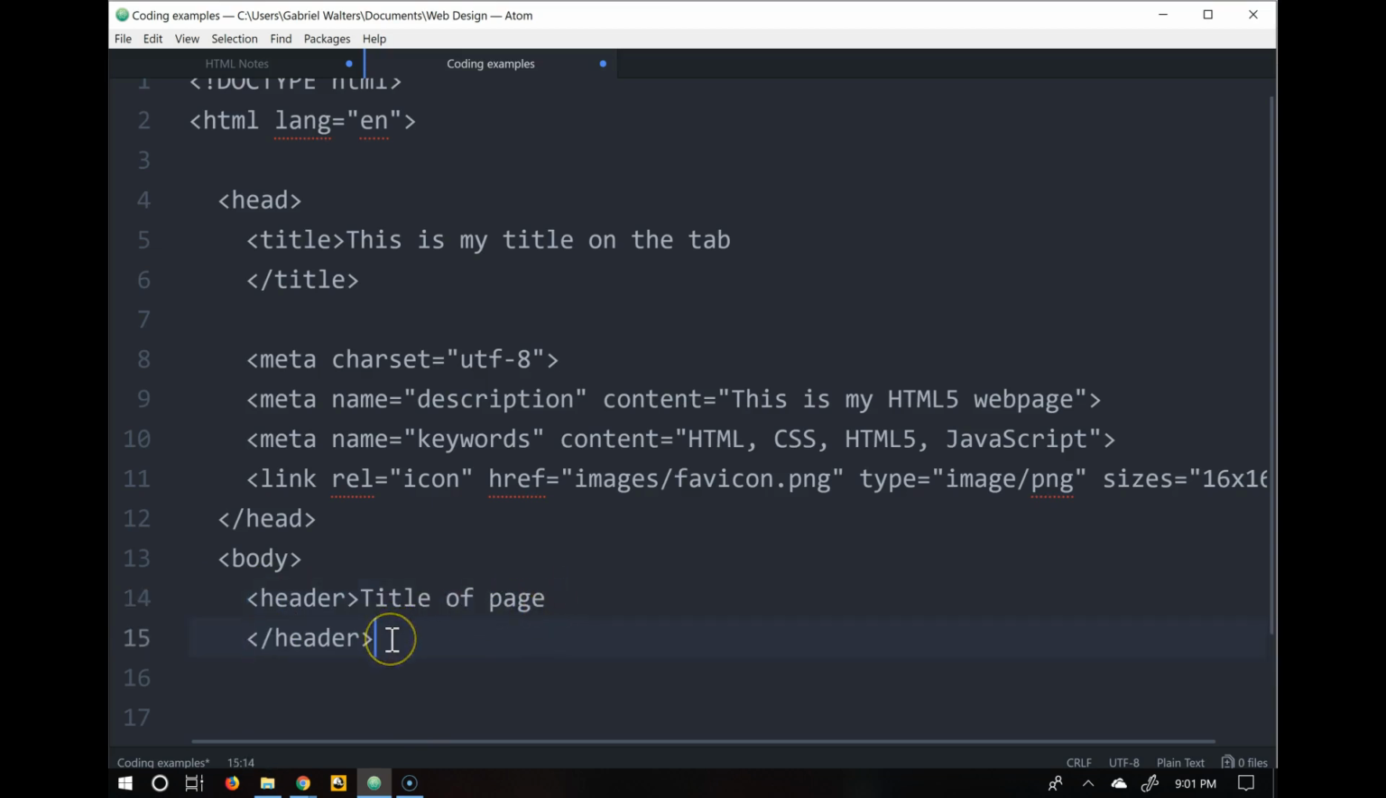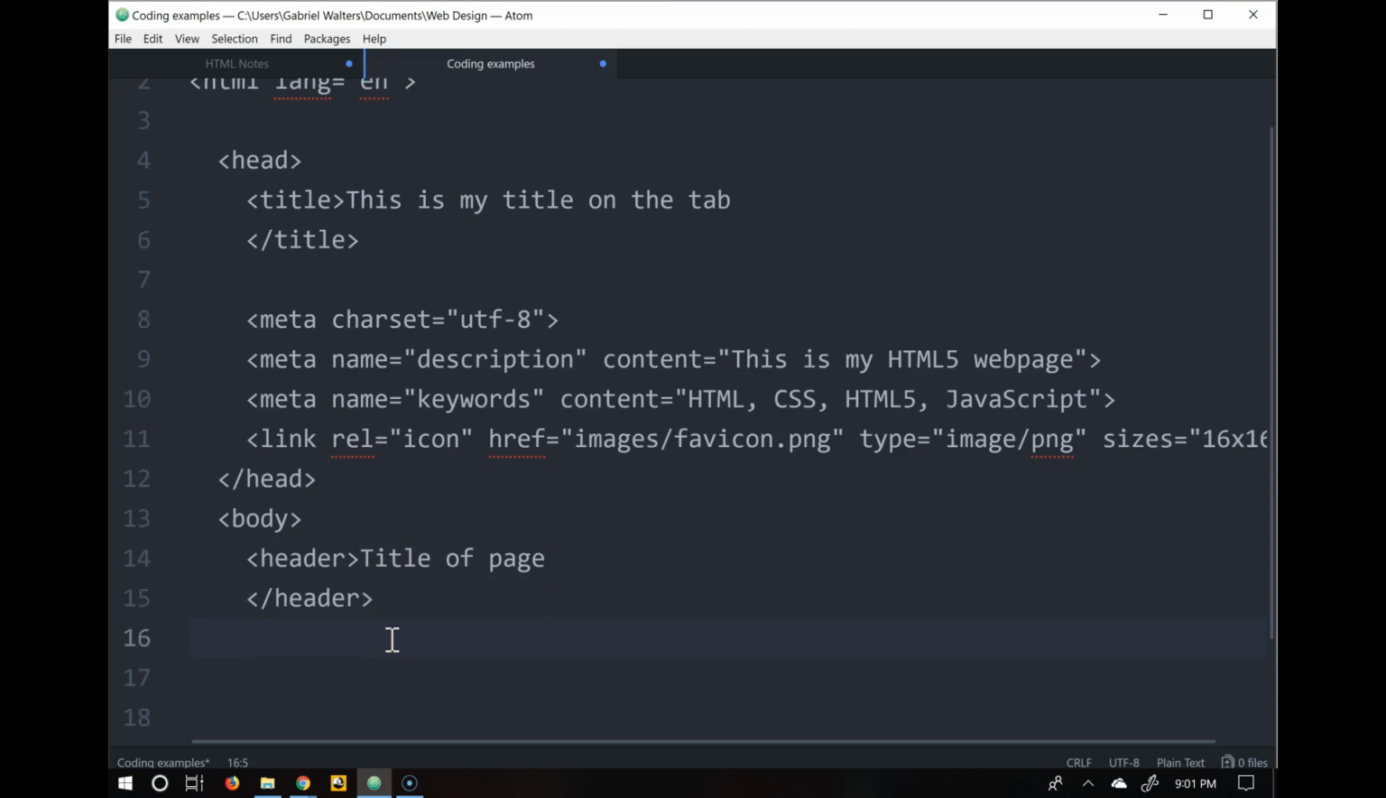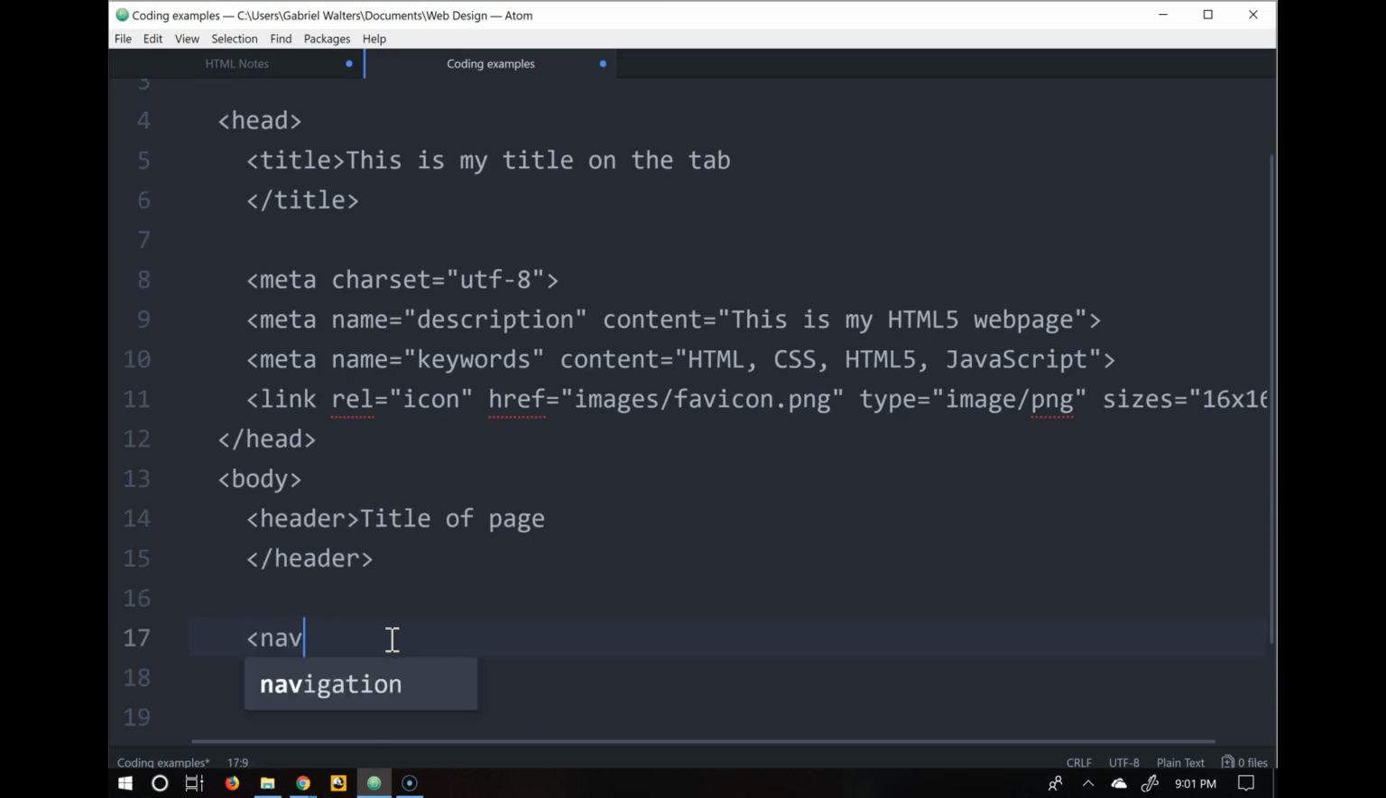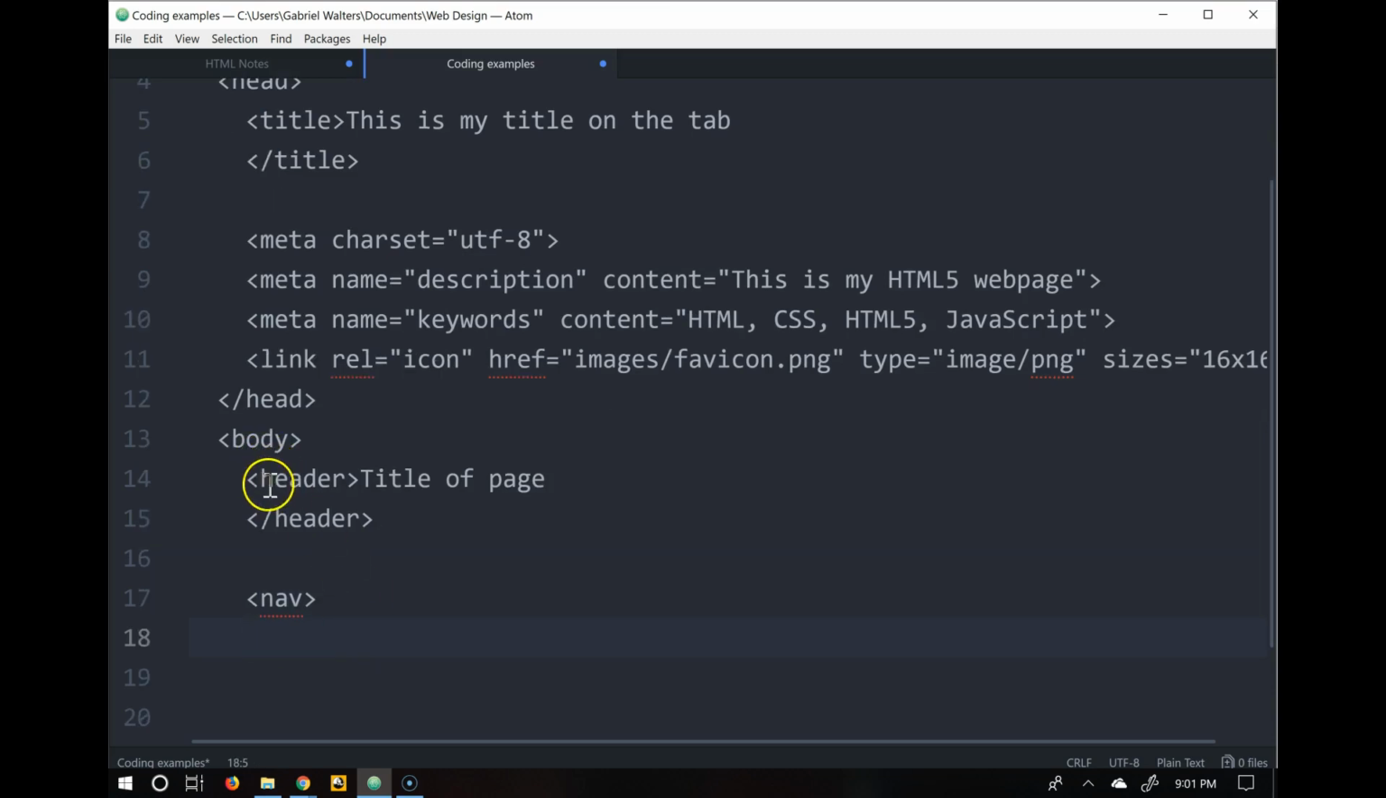Okay, so if we have a header, underneath the header, we'll probably have a nav. Okay, and so header is a child of body, nav will be a child of body and a sibling of header. Okay, so this would be like my main menu. So maybe I'm going to have,